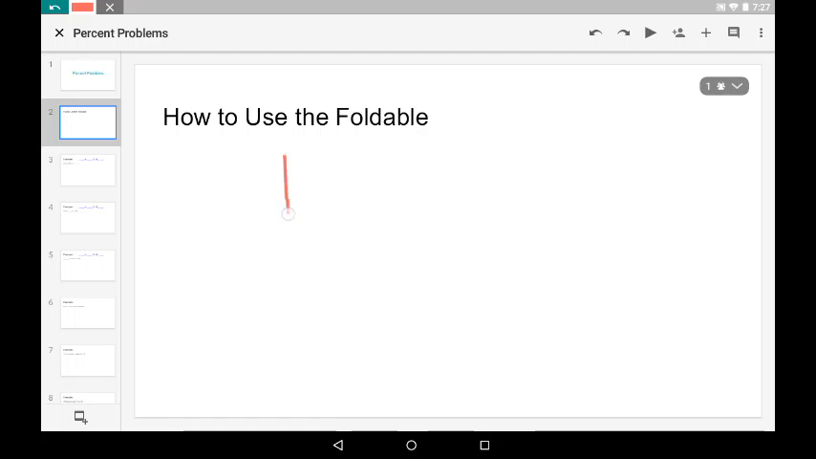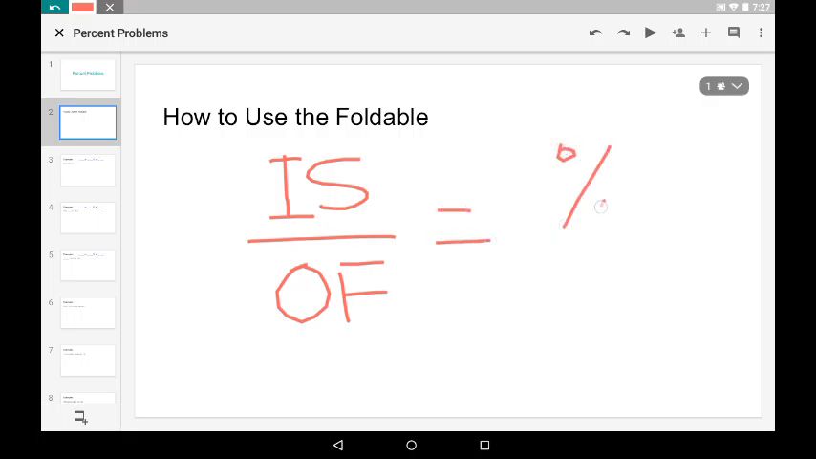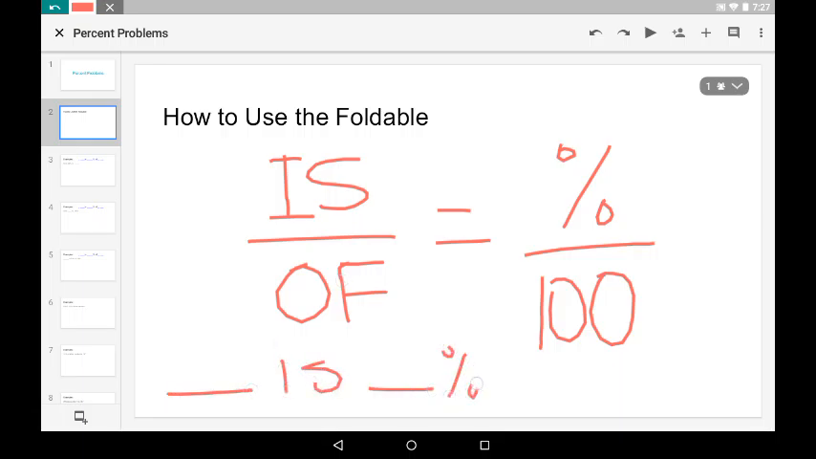So your foldable, the front, when it's closed, should look something like this. So you have is over of is equal to a percent over 100. What that means is that you're going to see a bunch of problems where it says something like some number is some percent of some other number. It might look a little confusing right now, but hopefully once I go through some examples, it'll make a little more sense. The other thing on your foldable,